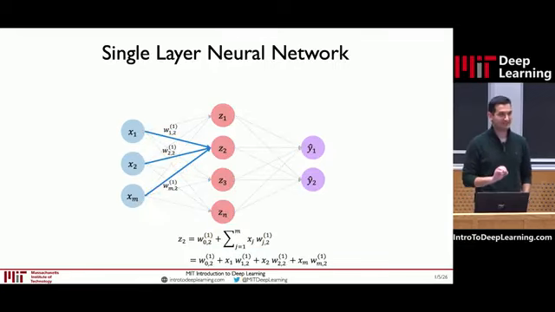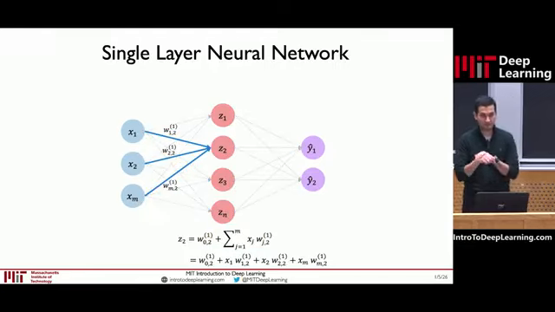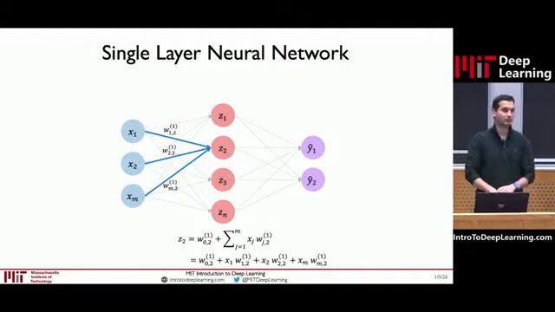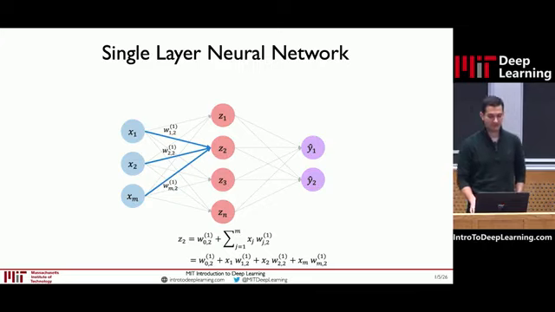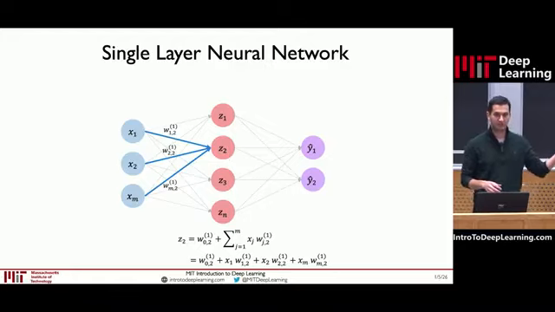Now, if we look at a single unit, let's zoom back in to a single unit within the hidden layer. Let's take, for example, this one, Z2. This is just the second unit in the hidden layer of this model. This is the same perceptron that we saw before, nothing special here. We compute its output, Z2, by taking a dot product of all inputs with the weights corresponding to that neuron, adding its bias, and applying a nonlinearity.